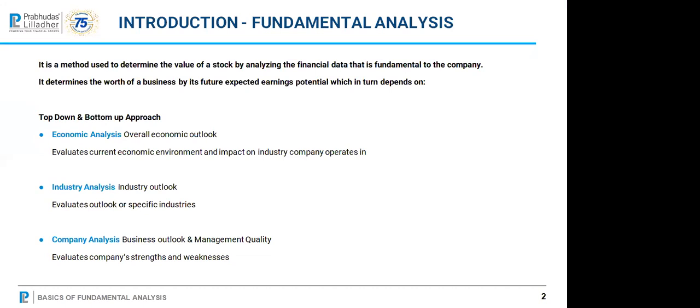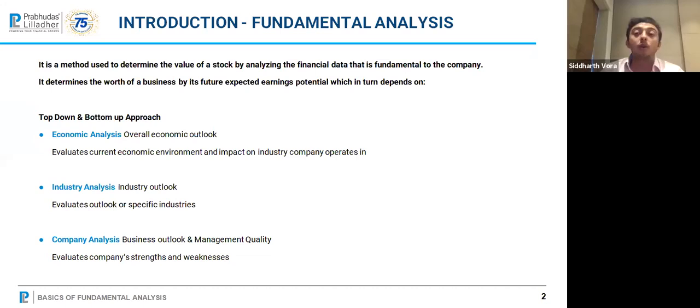Once you have established your economic regime, you need to narrow down which industries are going to do well. Either some industry can do well because of some regulatory change, or because of organic demand, or because the costs in that industry have come down. There are many factors why an industry could do well.